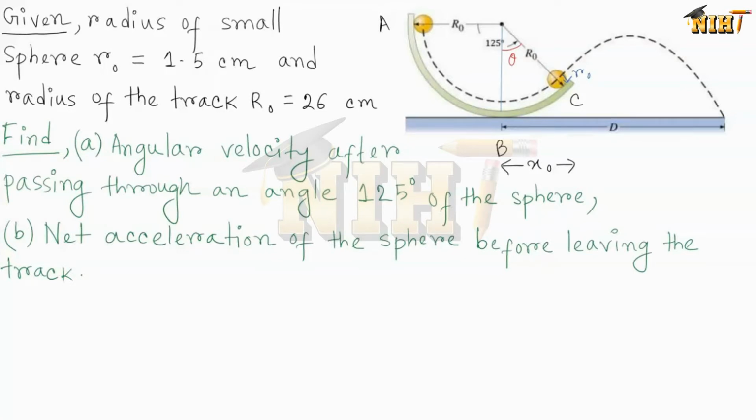In this picture, we have drawn a perpendicular line along this. We have assumed the point as capital B. Also, we have assumed this angle as theta. From energy conservation law,